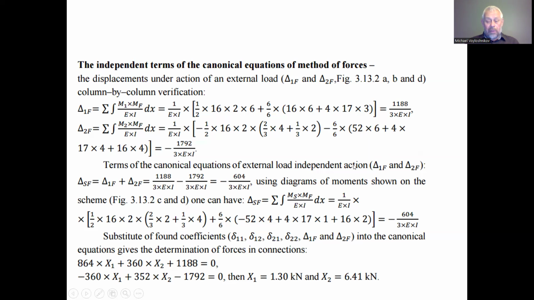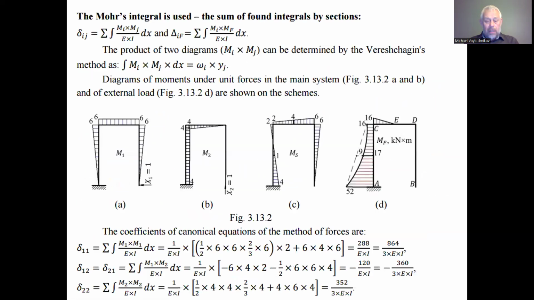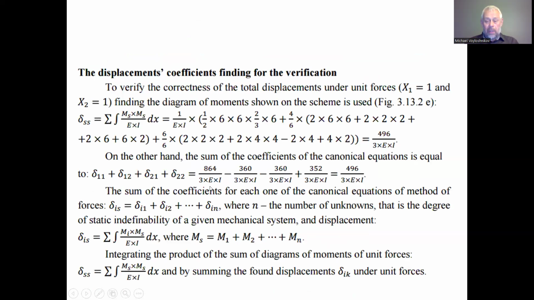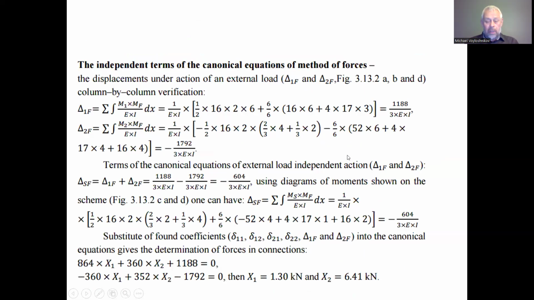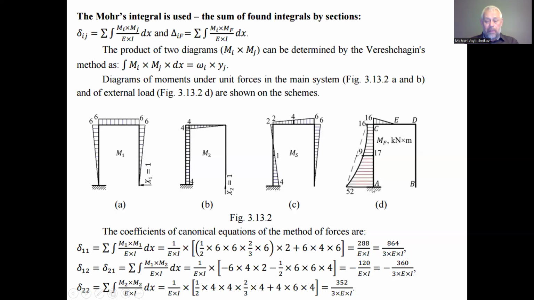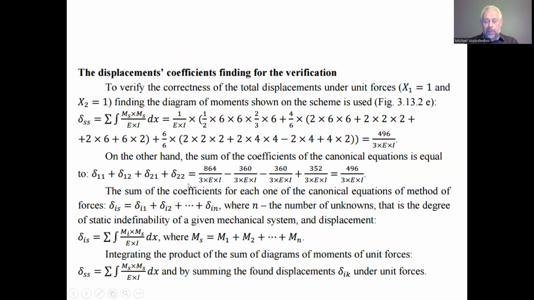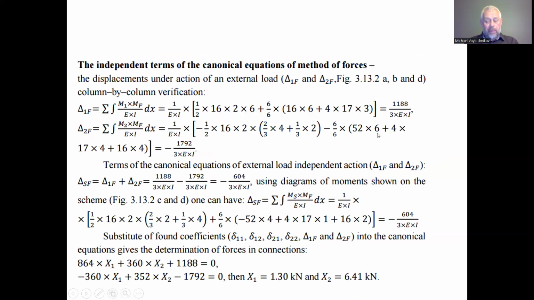The first summand is the product, perhaps this is absent here, product of 52 by 4. 52 by 4 have to be by 4, excuse me, with the error here, plus 4 is a factor from Simpson